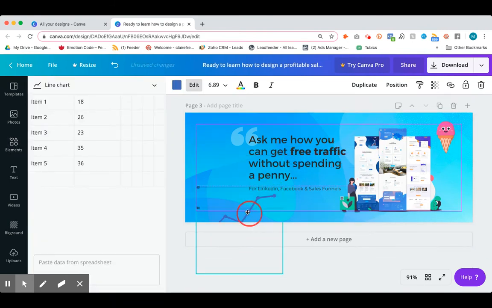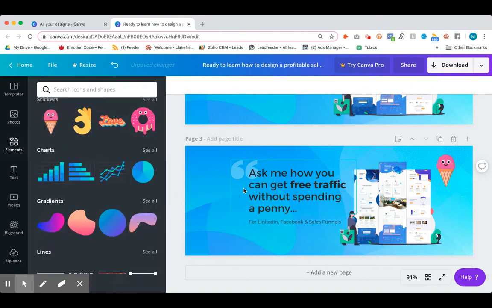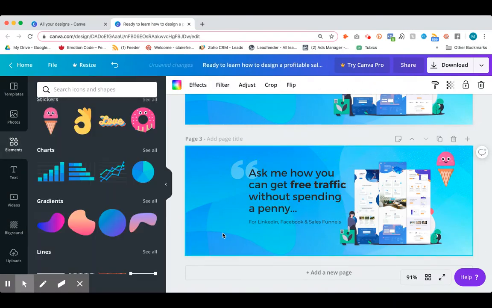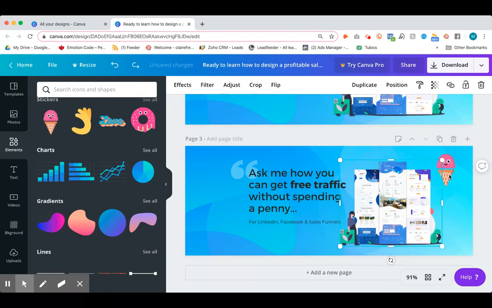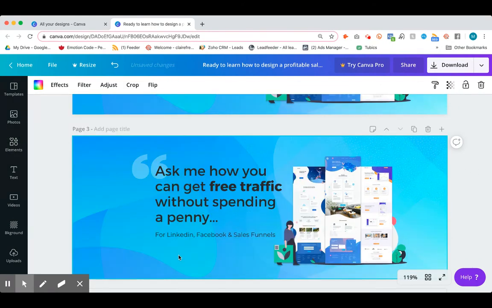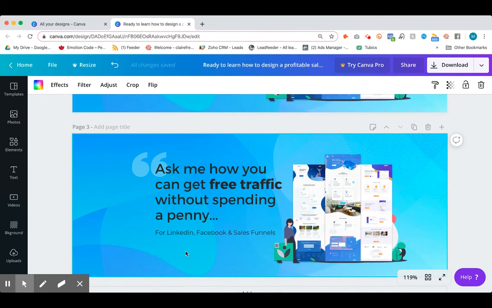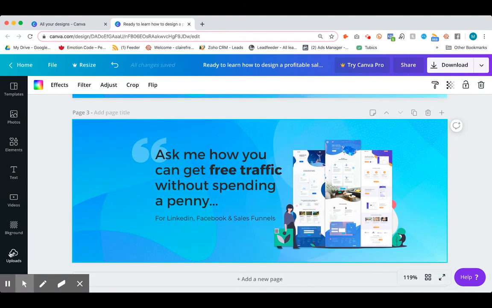You can put in little graphics in the background. You can edit your text here. You can change the color. And literally, it's so straightforward. So this background image is just an image that I purchased. You can download some free images. There's websites like Unsplash and Pixabay. They're two websites where you can get free images, but also on here as well,